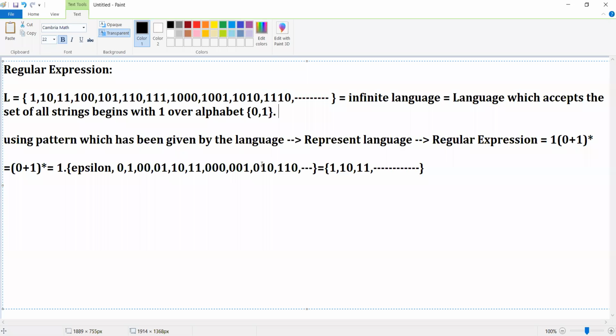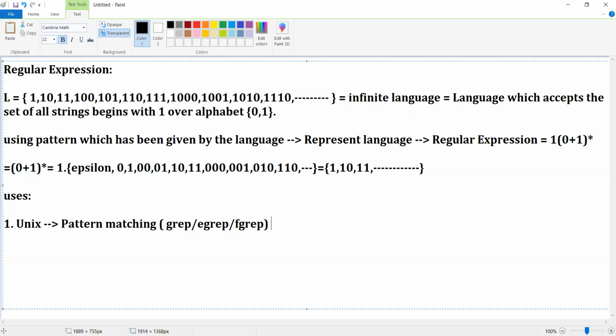Okay, now please try to understand. These regular expressions are very helpful, practically very helpful. Let me tell you 2 uses of regular expressions. The first one is in your Unix operating system: whenever we want to do pattern matching, we make use of a command called grep or egrep or fgrep.